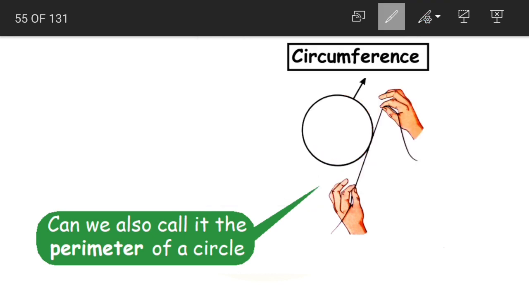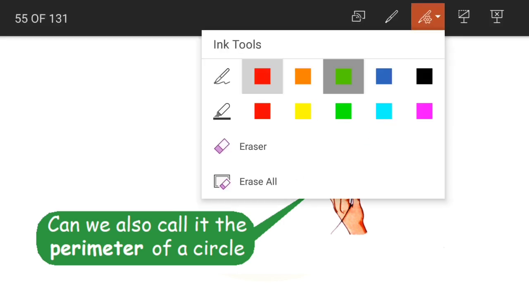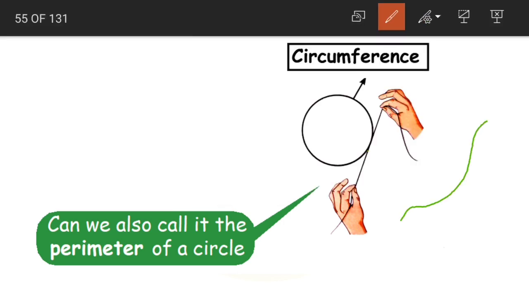Now what are they saying here? It's a little activity you can also try, children. Draw any circle and take a thread like this. Take a thread and wrap the thread around the edge. Suppose I am taking a green thread. Now I'll place this green thread along the edge of my circle. We'll take the green thread and place it along the edge of the circle. Yes, after placing it along the edge of the circle, cut it.